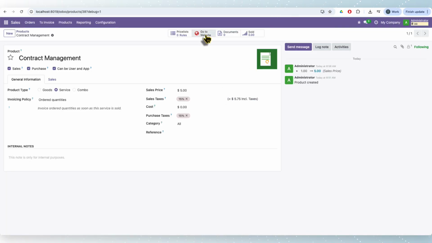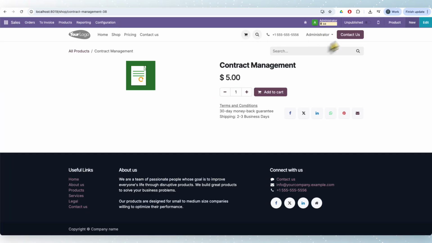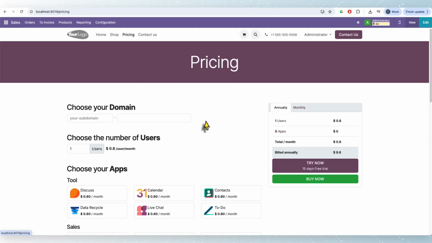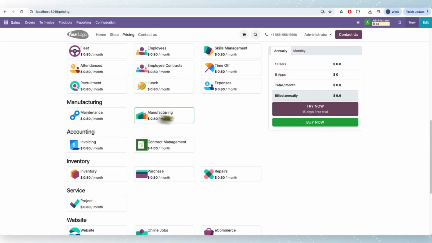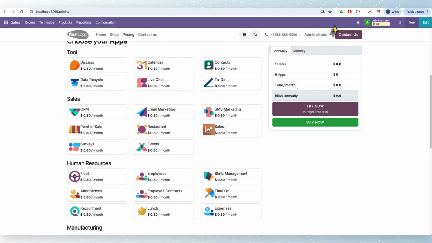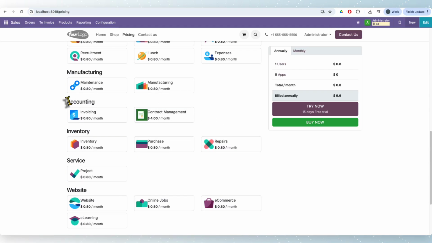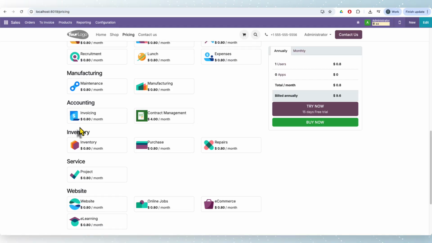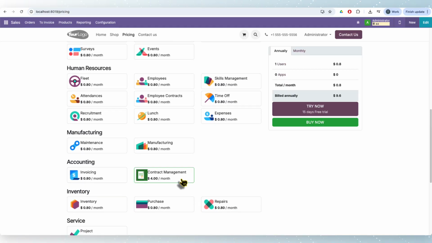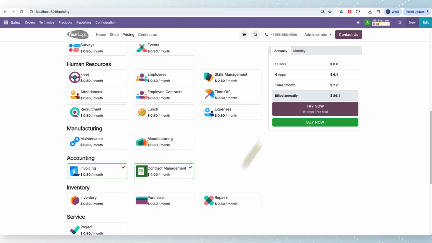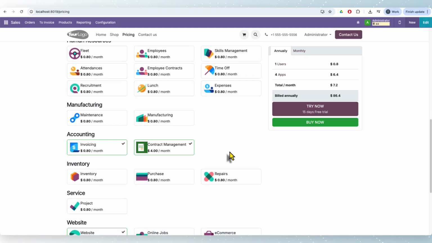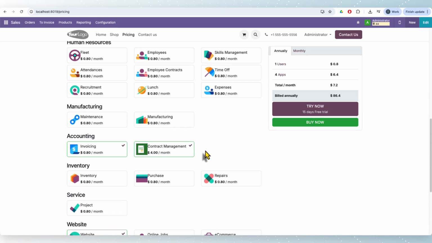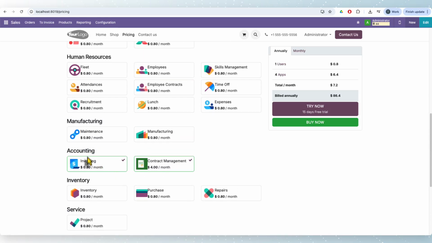So here we will have to publish it. So we go to this and publish it. In order for the app to appear in the pricing, you need to turn it public. So you see here, when you have the app public, you will have it here. So when you select this one, we have 4 apps required. One of them is the website, another is the invoicing, and you can see here we have a chain of